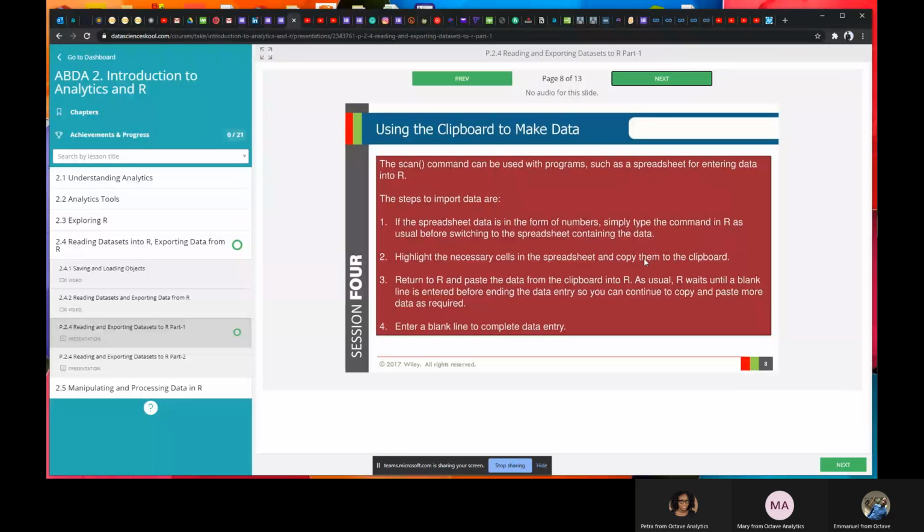Return to R and paste the data from the clipboard into R as usual. R waits until a blank line is entered before sending the data entry. You can continue to copy and paste data as required, and enter a blank line to complete data entry as you did earlier.